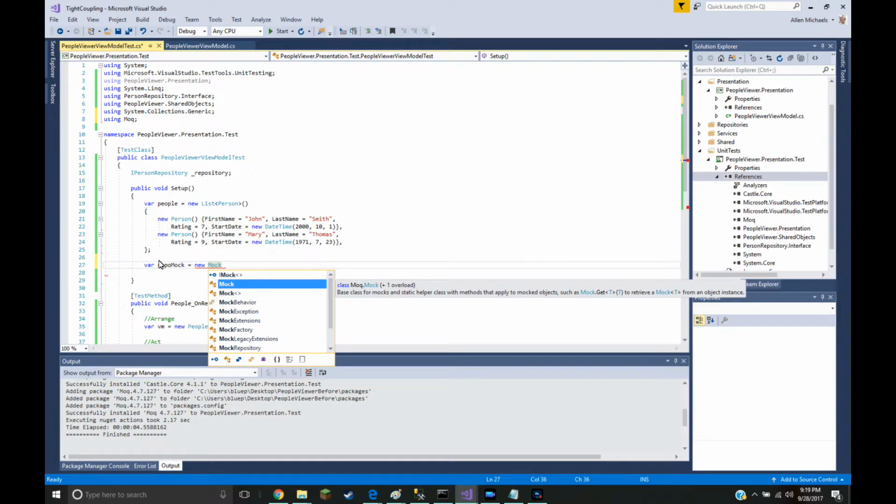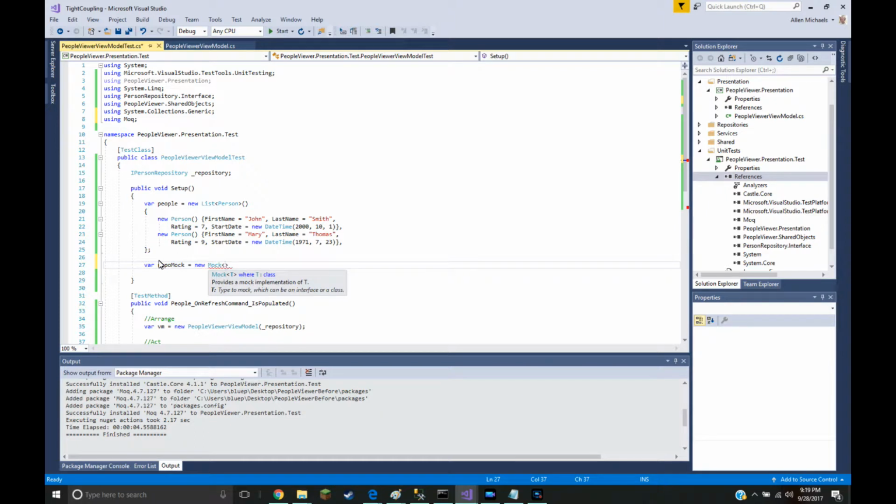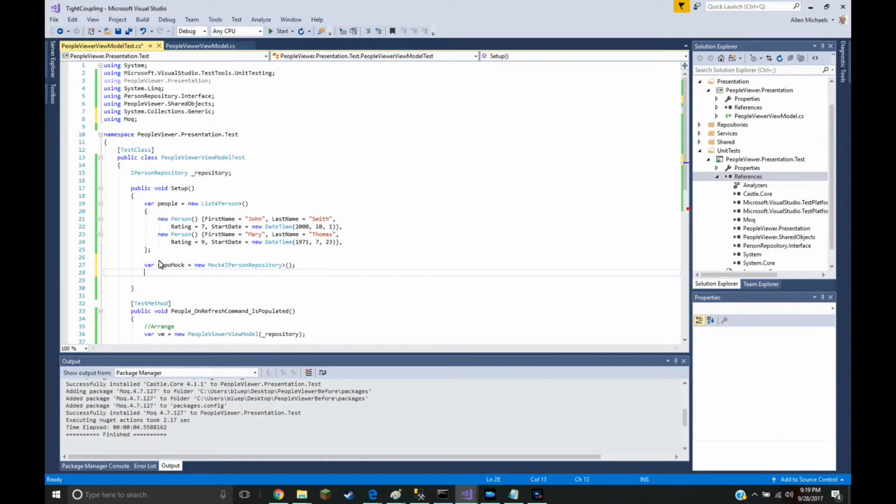And we tell it what type. We pass the class here. In our case, the class is actually an interface. So this is how we get this instantiation of the repo mock, and then we do this setup. Repo mock dot Setup. And then this takes this LINQ